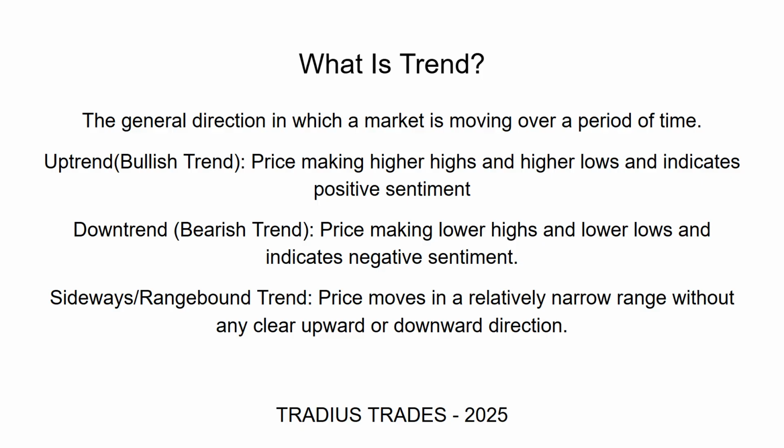You have different kinds of trends. You have bullish uptrends, where there are higher highs and higher lows, which indicates a strong bullish sentiment. There are downtrends, or a bearish trend, where price makes lower highs and lower lows and indicates a bearish or negative sentiment. Then you have range bound trends. I wouldn't even call that a trend, I would just call that range bound. So the trends that we're going to talk about are bullish and bearish trends. There's a definition. It just helps to frame your mind as to what a trend is. Well, price is either going up consistently or it's going down consistently.